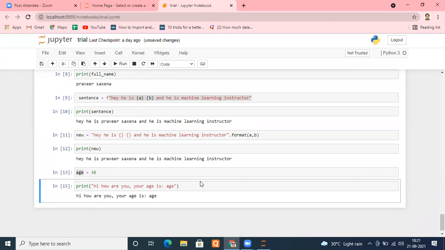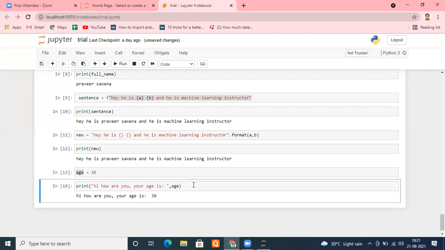So there are different ways. One way, what I'm going to do, I'm going to terminate my string here. The string is terminated. I put a comma here. And after the comma, once the string is terminated, I put my variable name, that is age. Let me give some space so that it looks beautiful. Now run this code. Is it fine, everyone?